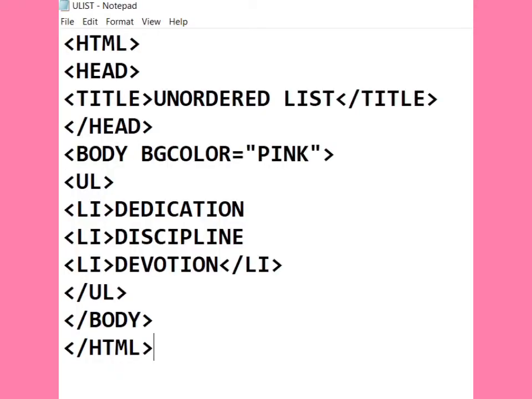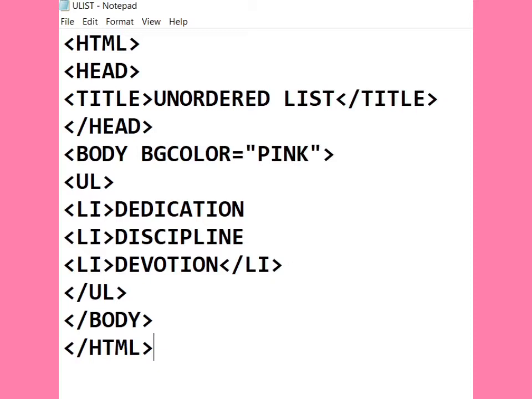Students, as you can see, the HTML coding for unordered list is done. In body tag, we have used BG color is equal to pink for the background color, and UL tag is used to create unordered list for dedication, discipline and devotion.